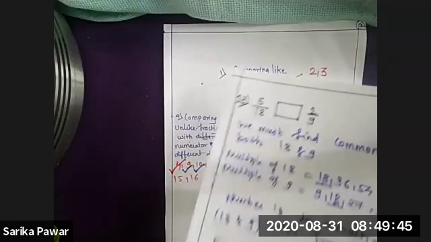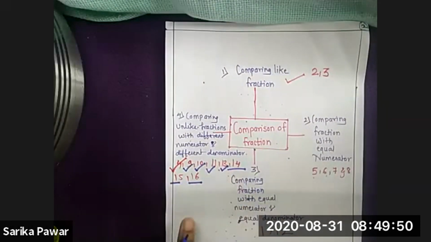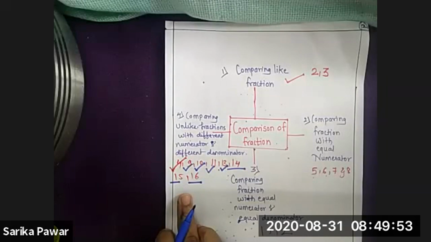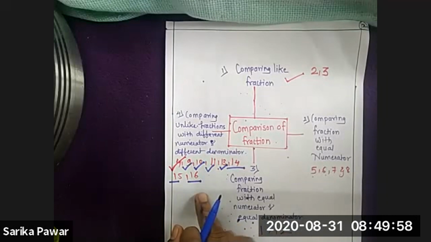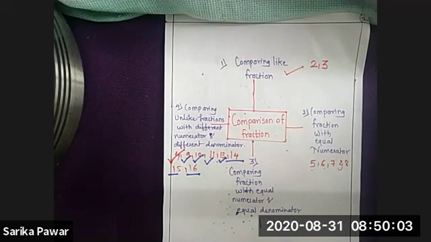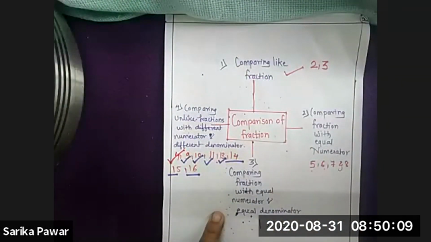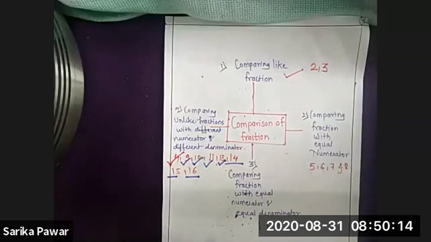See here now, students. Examples number 14, 15, 16 are for your homework because our time is getting finished. So you have to solve these 3 examples on your own. Just take a screenshot of this page. You will get the comparison of fractions, which the teacher has divided into 4 parts, so you will get an idea of how to solve it by its rule. Okay. Take a screenshot. Don't write it.